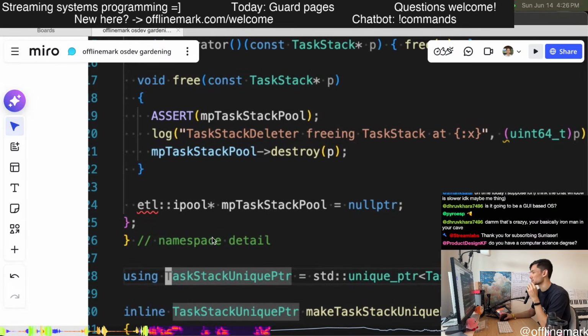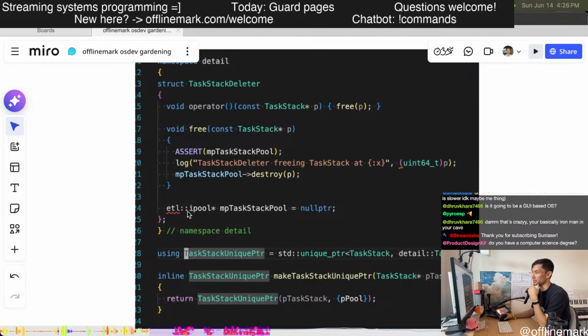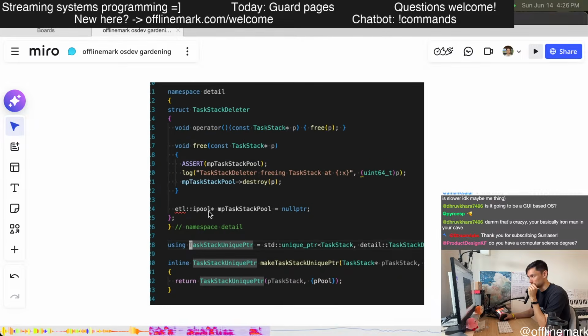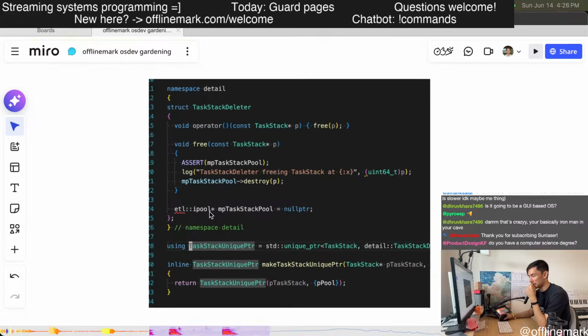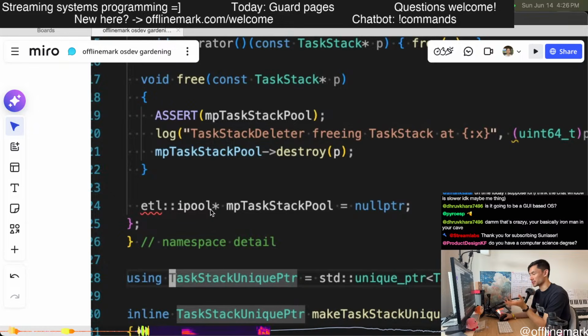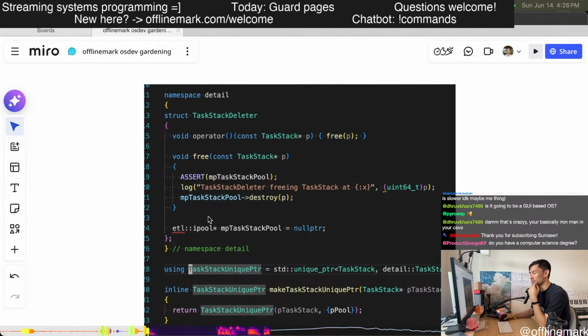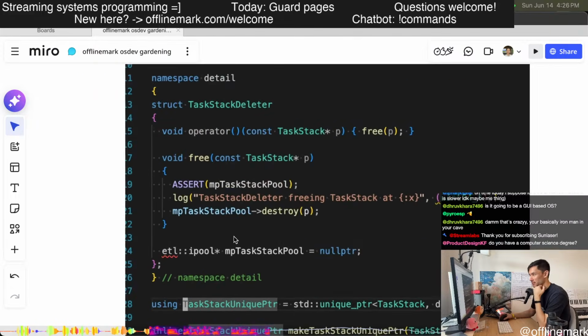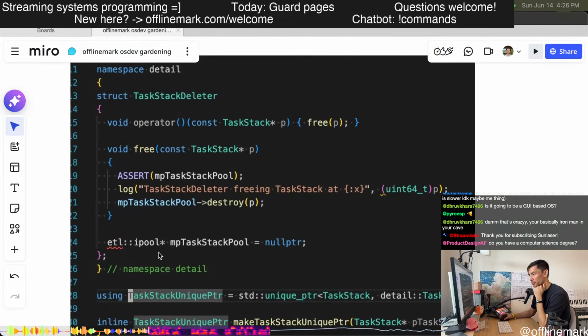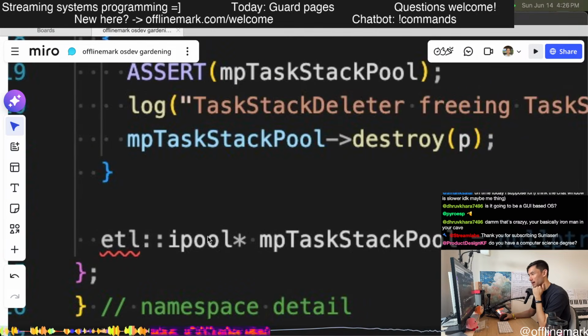It's like a type erased type which can reference a pool of any size, because these pools are statically allocated. They have a size template parameter, and that's really cumbersome. We want to be able to reference pools in a more generic way in this custom smart pointer. And so we were relying on this iPool concept.